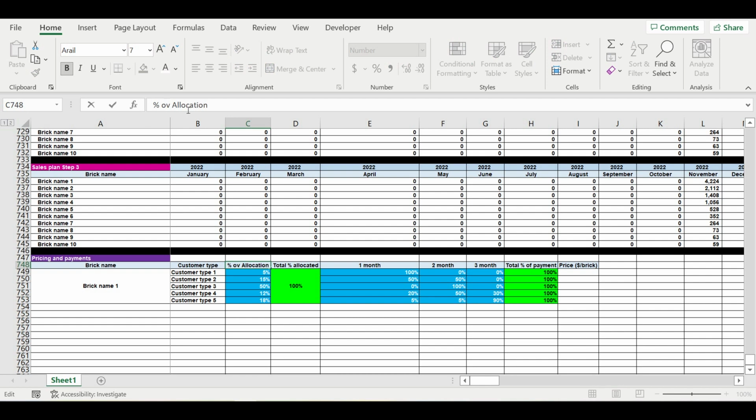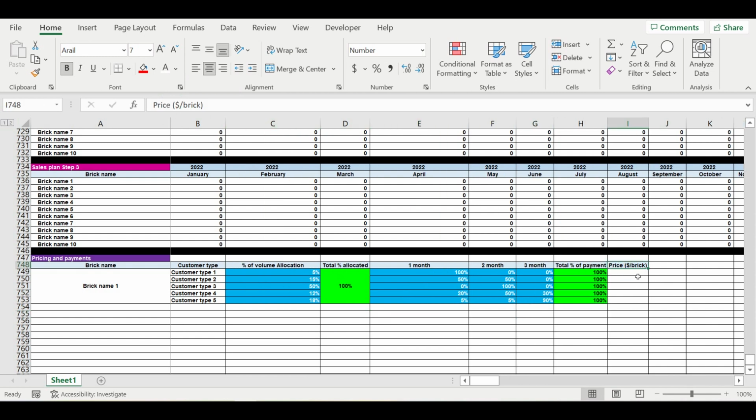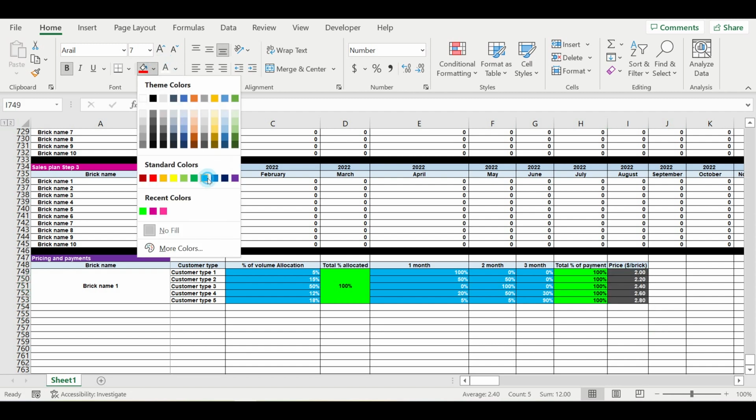Percent of volume. So the price will be, for example, $2 for this customer. It can be like this, for example. Well, let's leave the formula here. So these are the inputs,